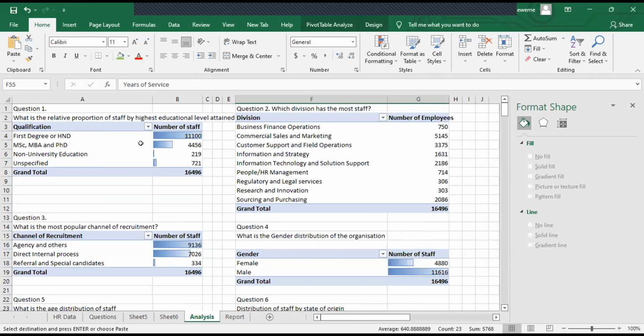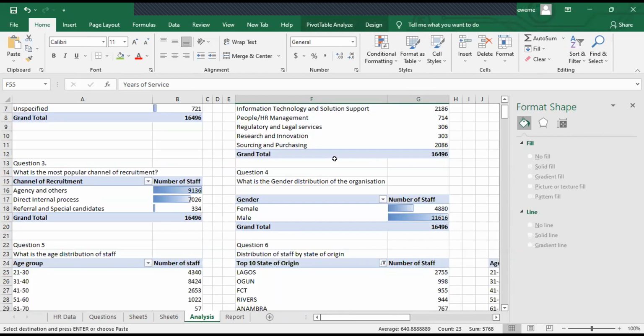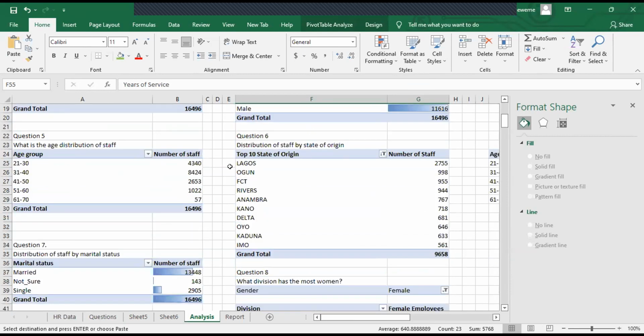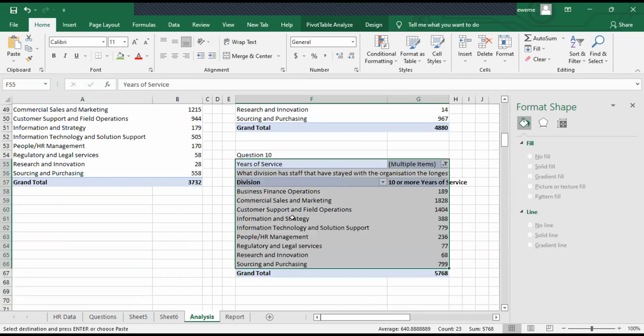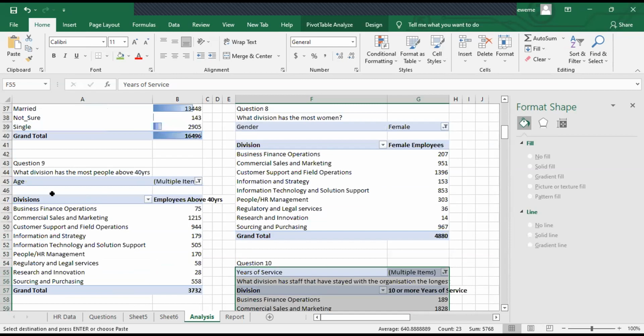Trying to ask myself, by degree, how many people have first degrees? Then I tried other questions: what division has the most staff, state of origin, as Olumide did, and then age group. Then I asked what division has the most people above 40 years.